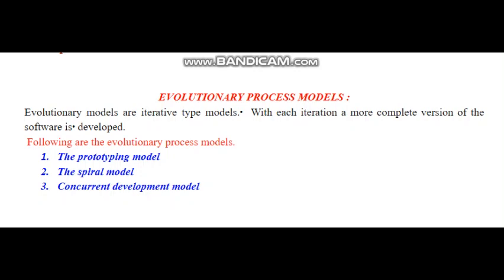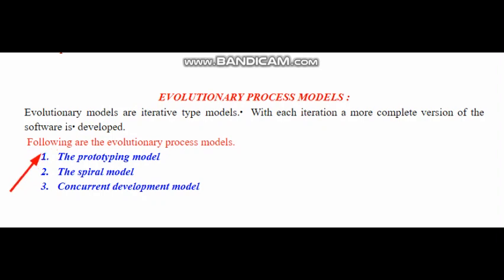After completion of the waterfall model, RAD model and incremental model, let us move towards the next model, called the evolutionary process model. It is an iterative approach. All the models follow an iterative approach. Iterative is nothing but a repetitive approach. How long does this iterative approach continue? Until we get a final version of a product. The iteration keeps continuing until we get the final product. Depending on this aspect, these models are called evolutionary process models.